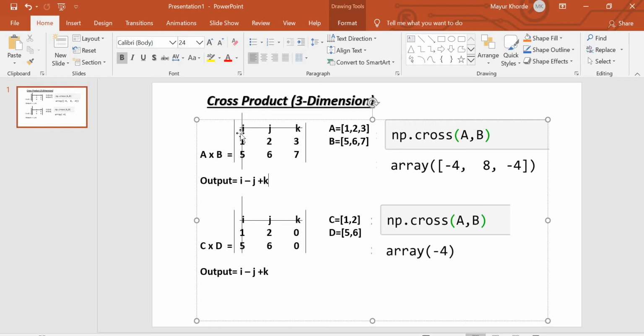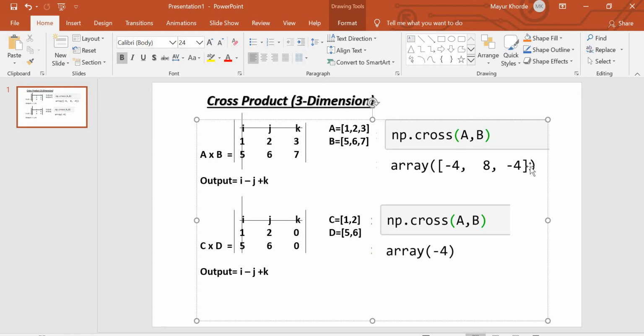First of all, we cross this line and this line, forget about these two lines, and just focus on 2 3 and 6 7. Cross multiply these four elements: 7 into 2, that is 14, minus 6 into 3, that is 18. 14 minus 18 is -4.